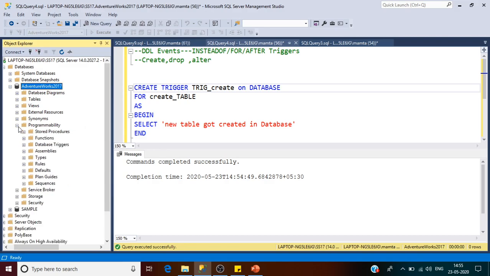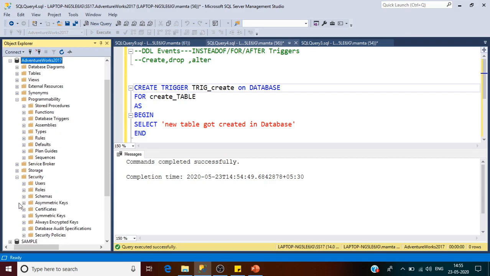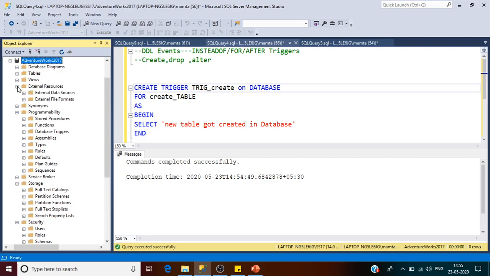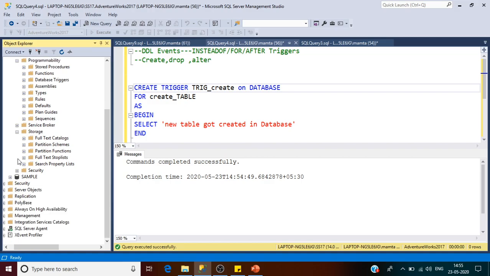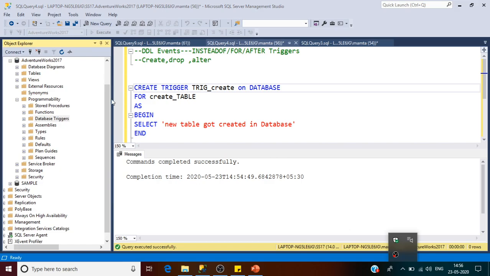Then go to Programmability. So here in the database, under the Programmability folder, there is a folder called Database Triggers.